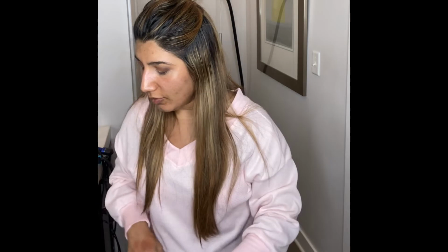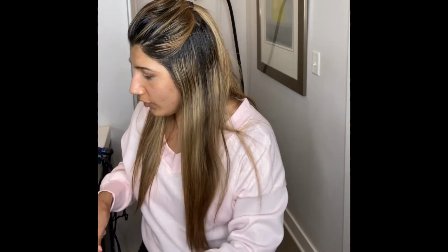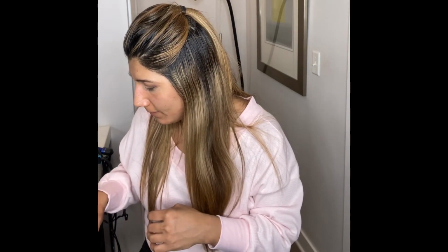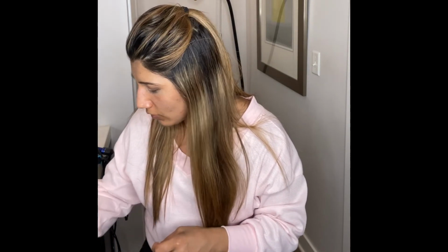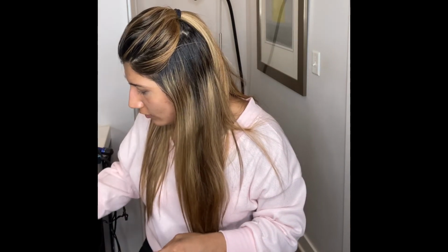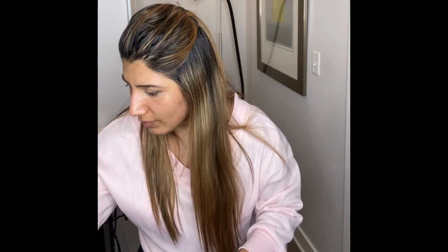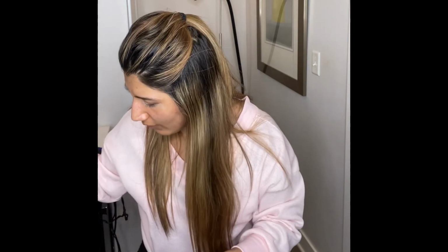Now the exciting part. Okay, so I'm actually going to put a little bit of concealer in my crease area, and I'm going to use a pretty little brush. It's out of this Morphe brush set, but look at how small it is. It's something very small. You could also use, just trying to look at some of my brushes, that's too big, but